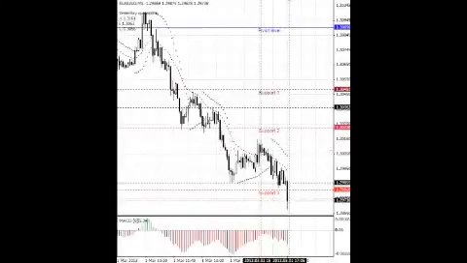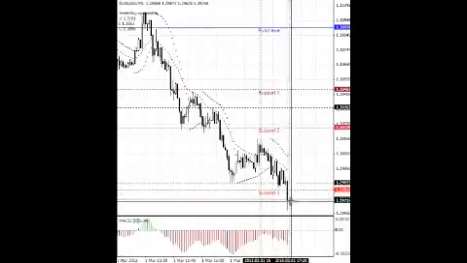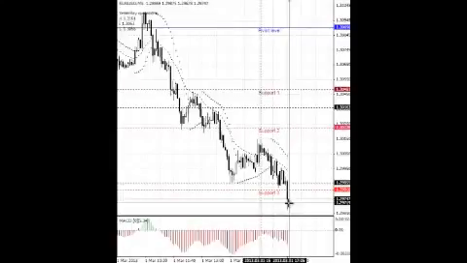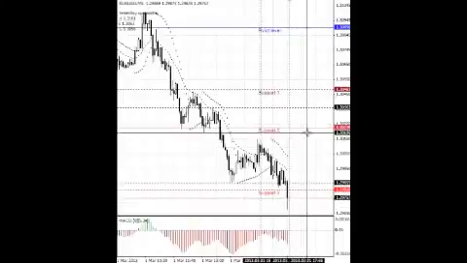Boom, there we go. We're gone. So it was a fantastic trade, but we're going right into my buy time right here at 10:05. So right now it is 10:02. So I've got like 3 minutes. I'm going to be looking to get long here, and I'm going to look for us to go all the